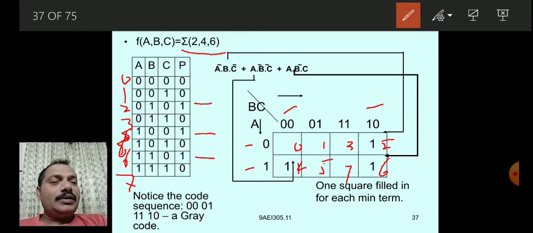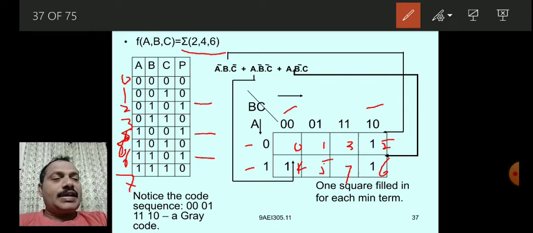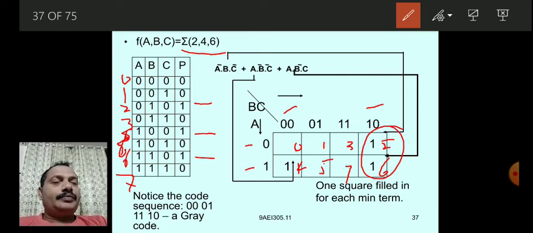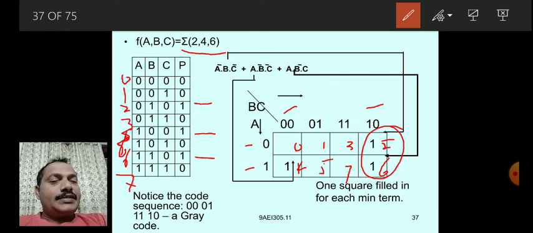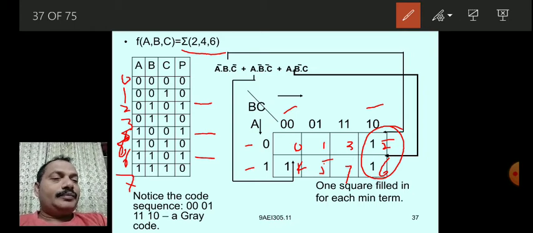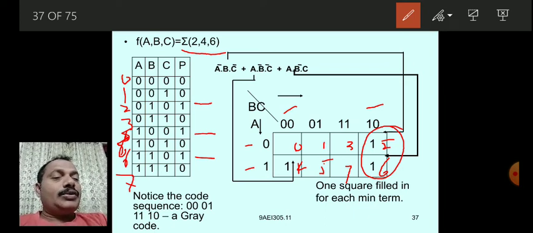These 2 cells, the fifth and sixth cells, are adjacent, so make a group like this. Only adjacent cells are grouped together, and groups must contain 2 ones, 4 ones, 8 ones, or a single one. That you have to remember.